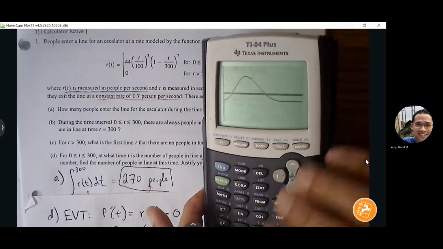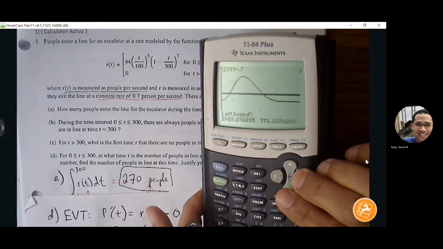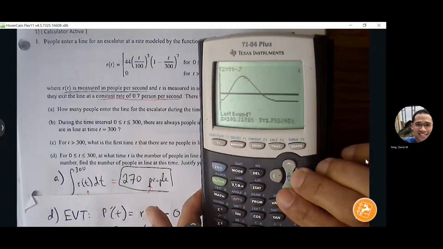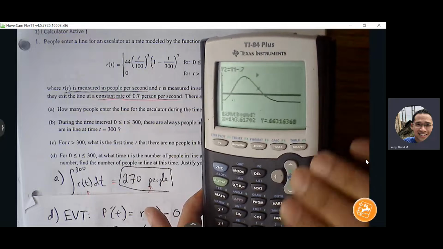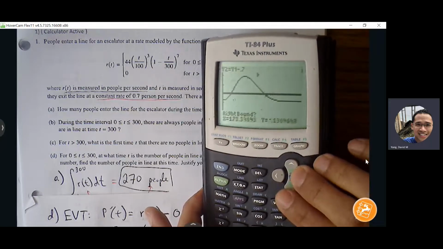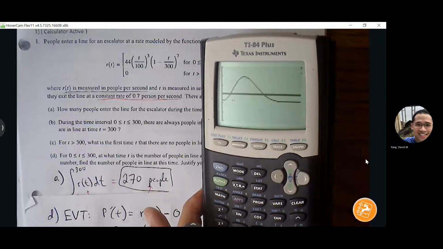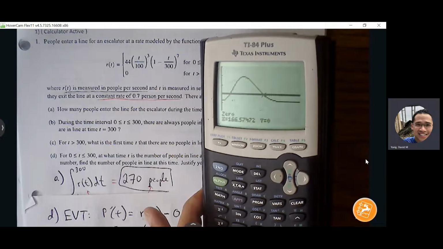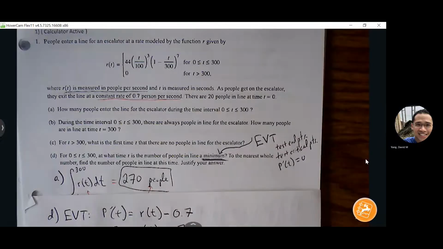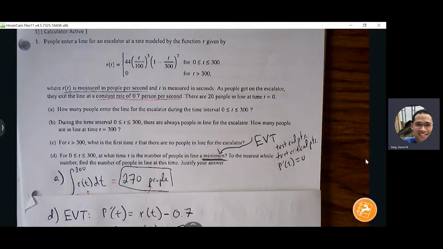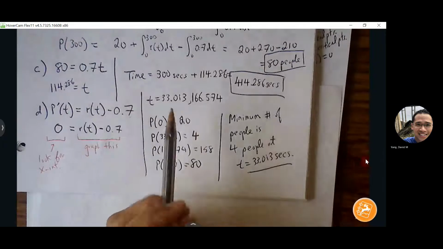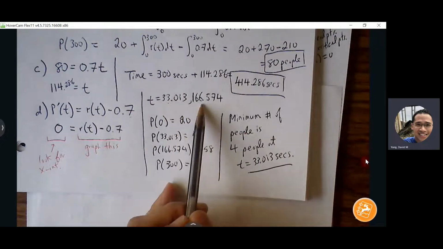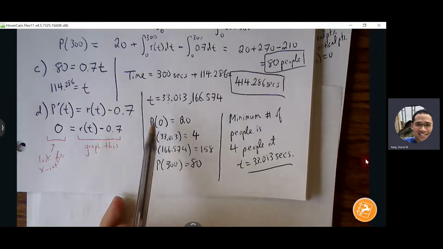Same process. Critical point to the left, but near the other x-intercept, hit enter. Scroll to a point on the other side, hit enter again. 166. So we have our 2 critical points, 33 and 166, and we got to go through and test our endpoints